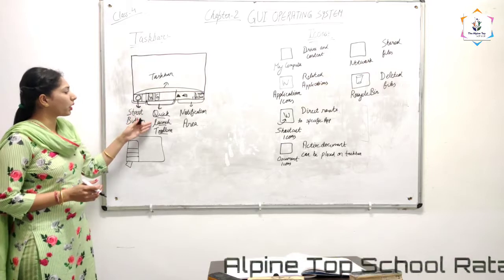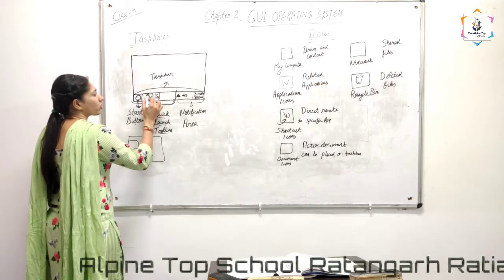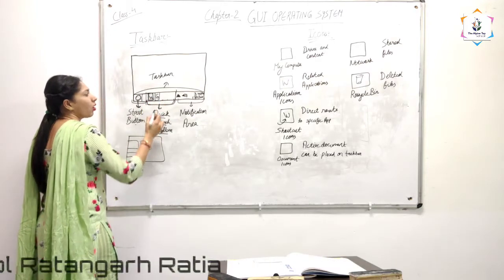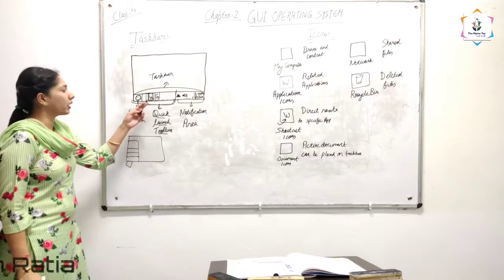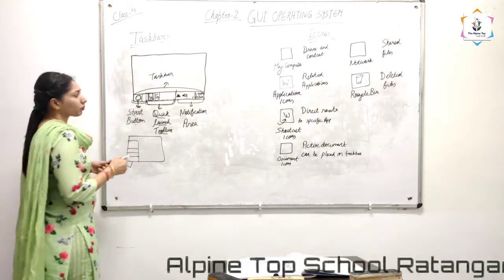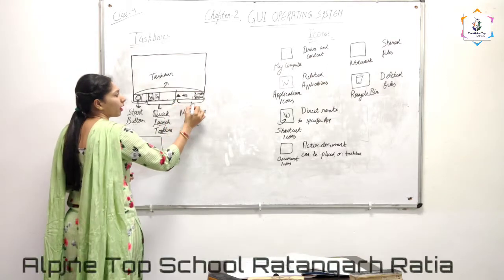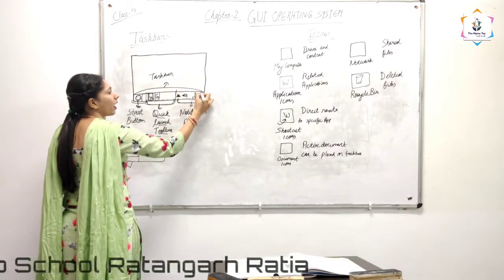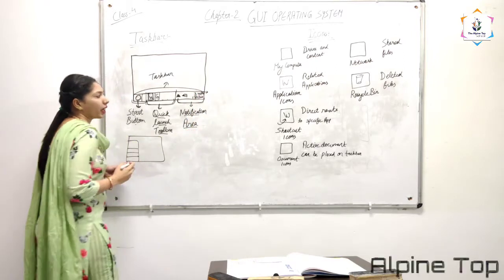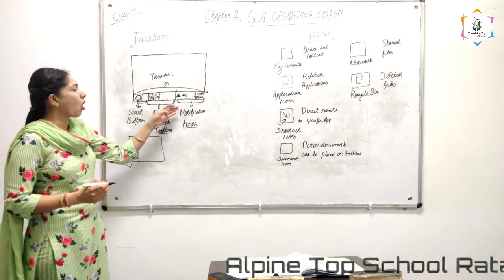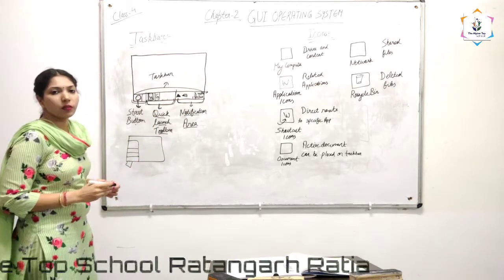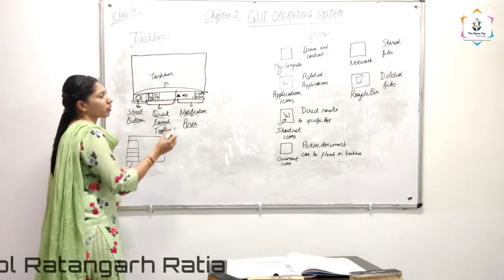What is quick launch toolbar? This is toolbar on which the application which we use commonly are placed here. We can click on these application icons and open them and access our application. Now next is our third part, which is situated on the right side of the toolbar. This is known as notification area. What is notification area? On this we get notifications related to our Windows update, network connections.